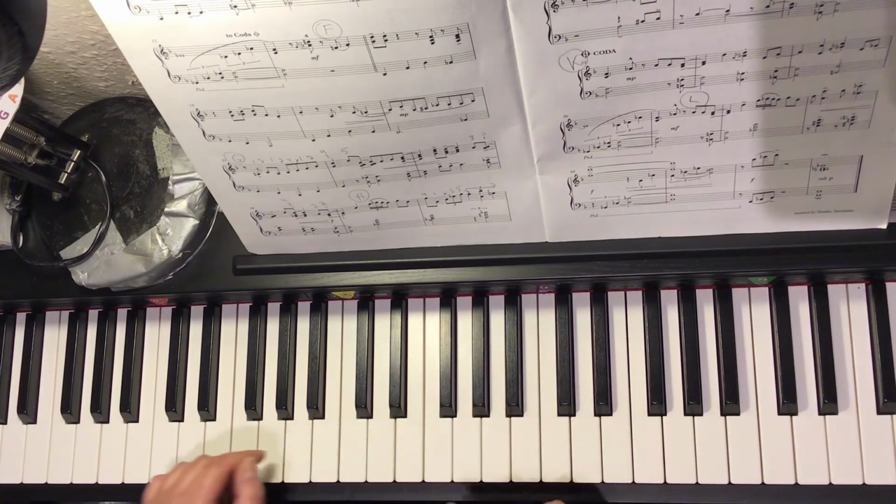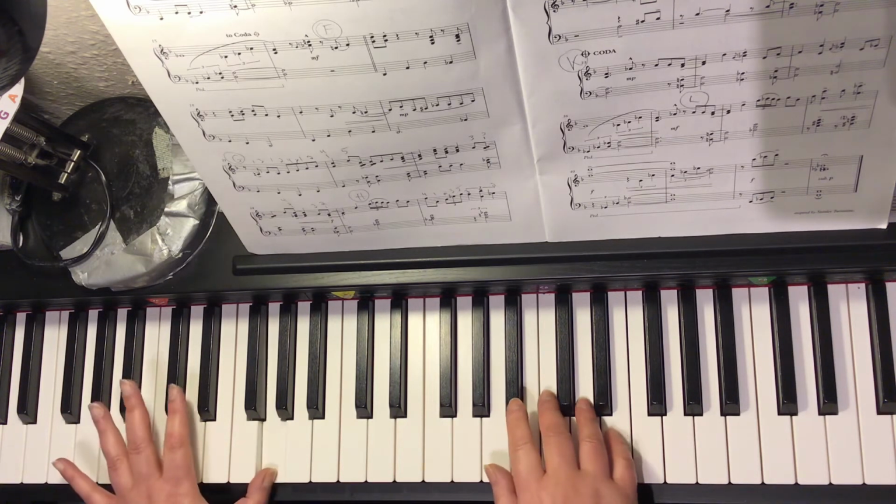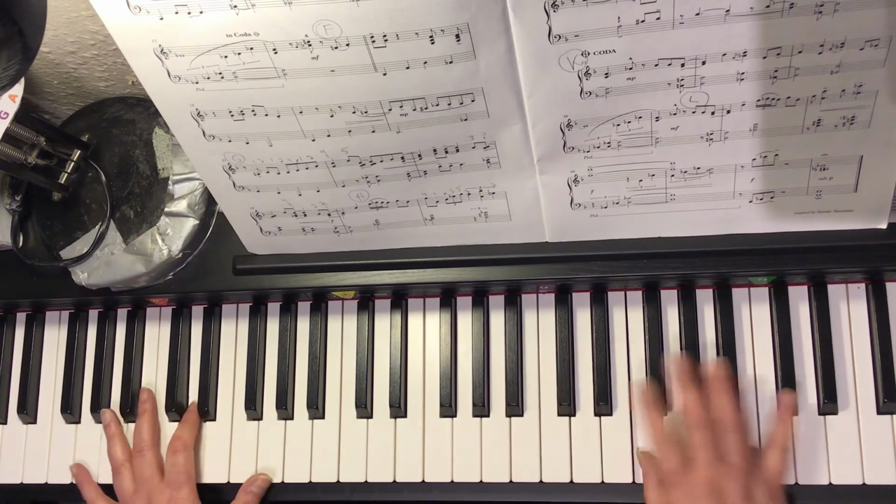Little bit of a splat in one of the chords. Let's try that again. A 1, a 2, a ready, go. And 1, and 2, and 3, and 4, and